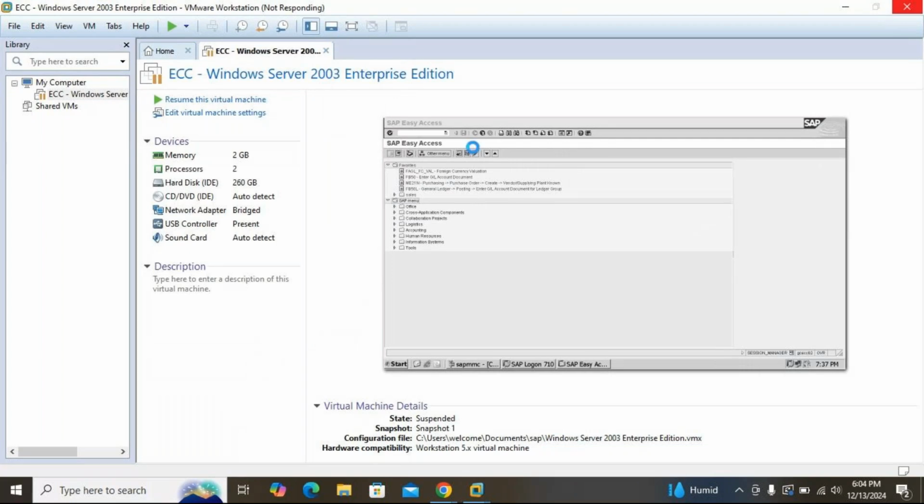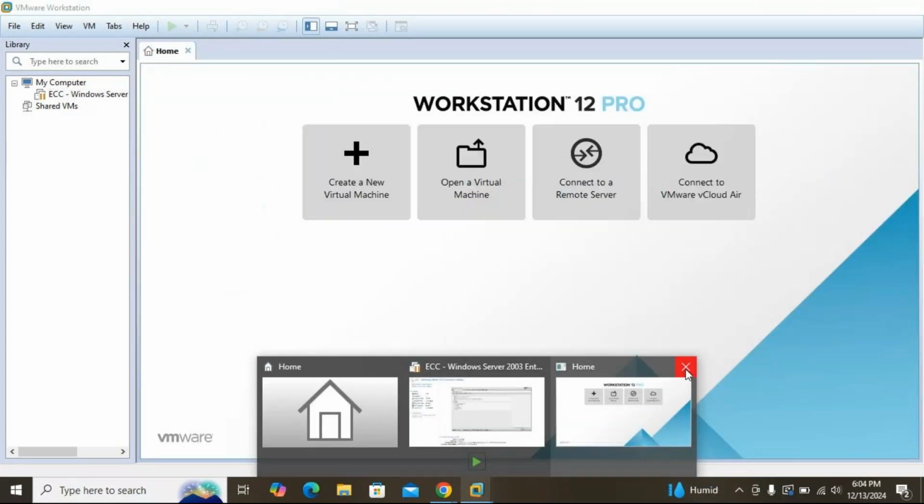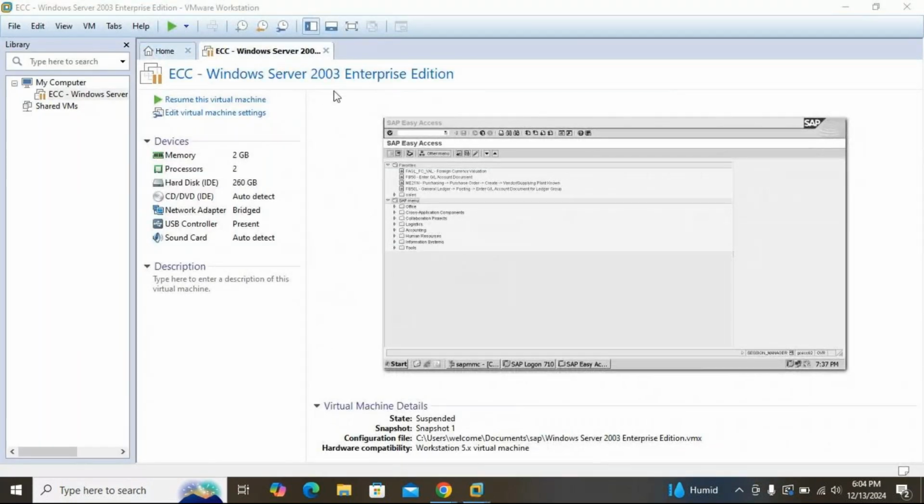Okay, this is two screens. Screen I should close. So for you it will display the one screen only. On the screen you have to click on resume this virtual machine.